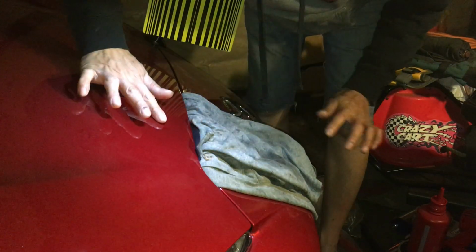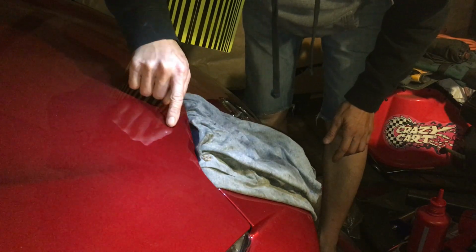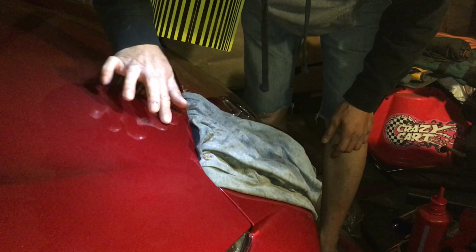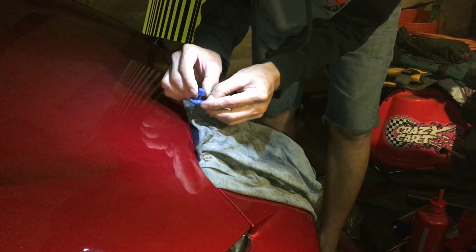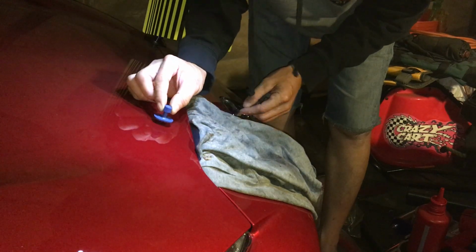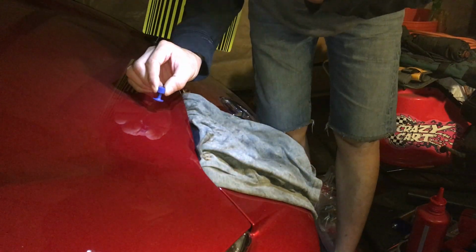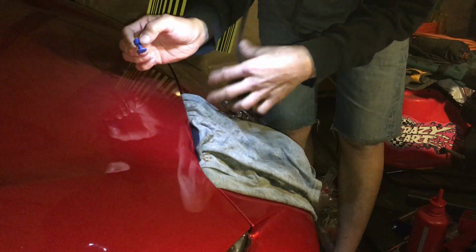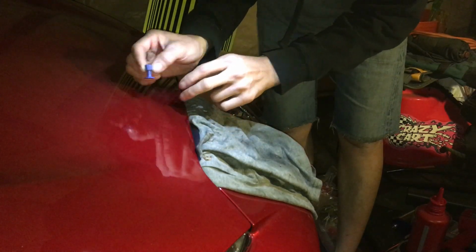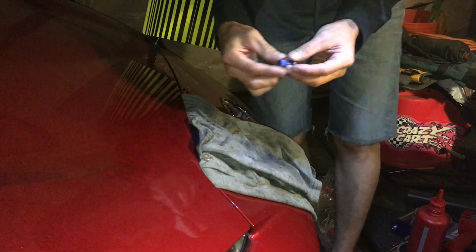Wow. Okay. So I think, just by feeling it, I can actually feel it, I might have to hammer a little bit around here, possibly. I think I'm gonna pull it one more time with this plastic piece here, and this time I'm gonna center it a little better. Well, actually, you know what? I think this piece is too big now because the dipple is not that deep and not that big around anymore. So I'm gonna go with maybe one here, possibly one here, or just right straight in the middle and see what happens. So again, it's elongated, and this one is not elongated. So unfortunately for me,